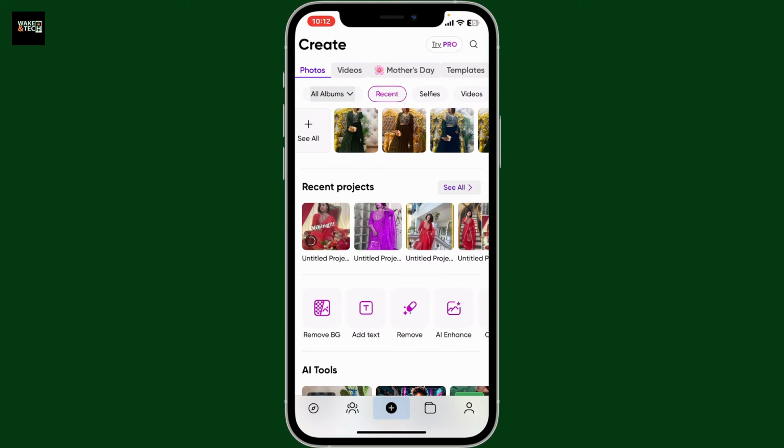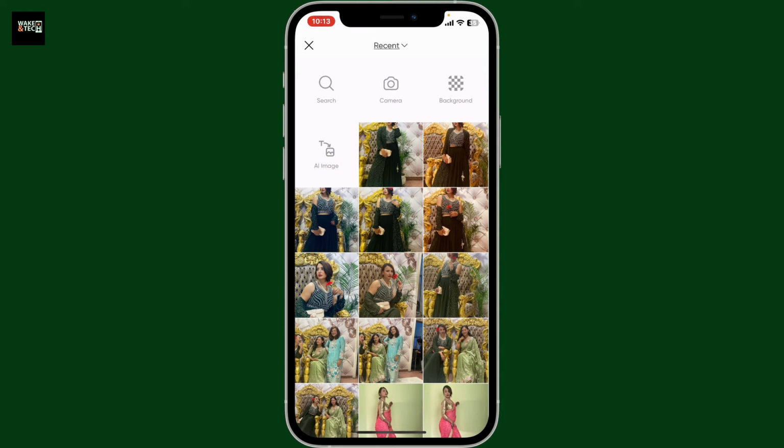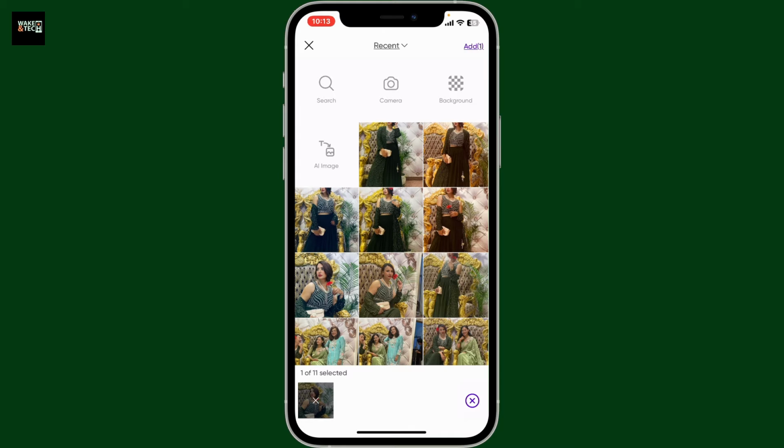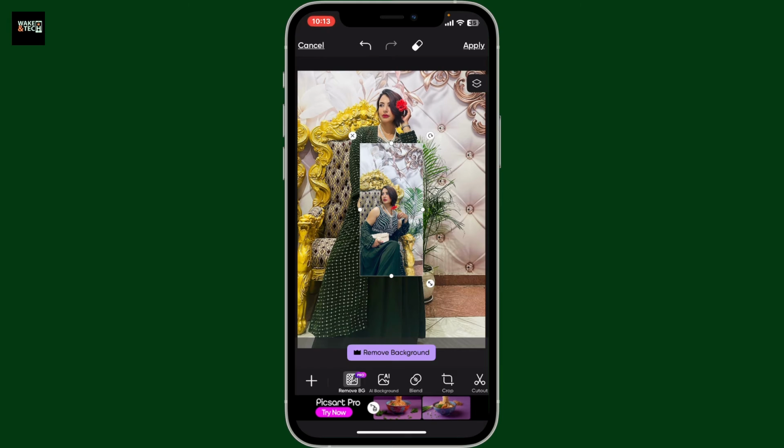image from your device's camera roll, and once you open up the image in the editing page, scroll through the bottom menu and tap on Add Photo. Now, choose the image you want to overlay as a new layer. After making an image selection, tap on Add at the top right and you will see two different images added